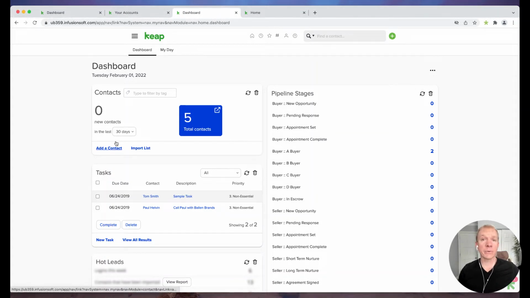Hello, Jeff Helvin here with Ballen Brands, and today I want to show you how to set up a domain record in Keap to get better deliverability out of your email marketing and your campaigns that are going out to your database. So the first thing to note here is that the process of setting up the domain record is